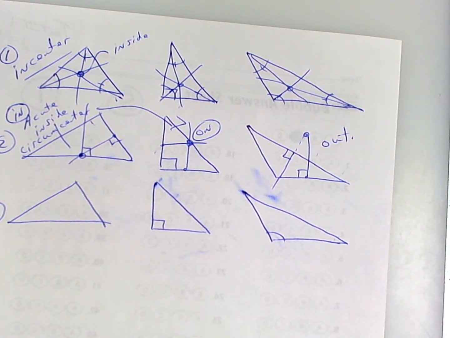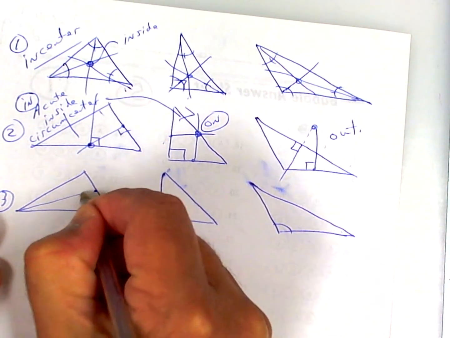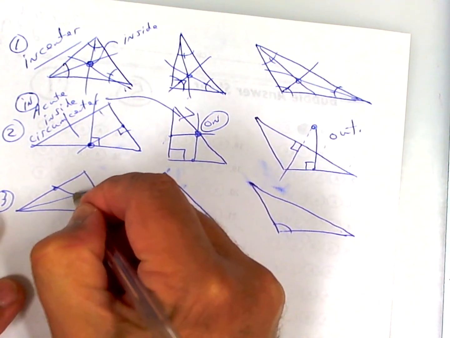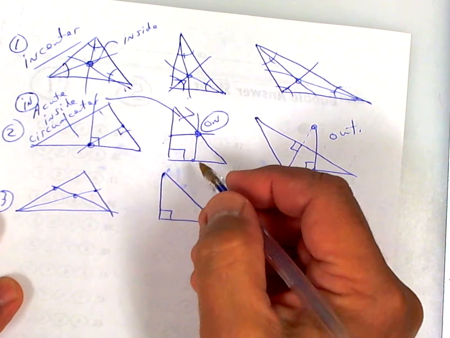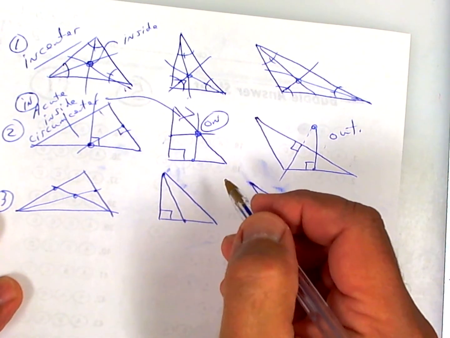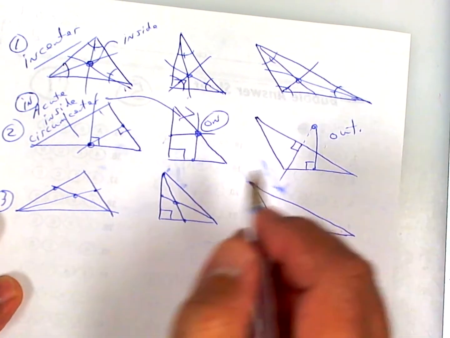There's the medians, the centroid. Okay, so let's do the midpoint here and then connect this. This will give you your centroid. The centroid is a median, and this one's inside. Okay, let's do the midpoint again on this one, and the midpoint on this one, and this one's inside. Okay, so if it's acute,